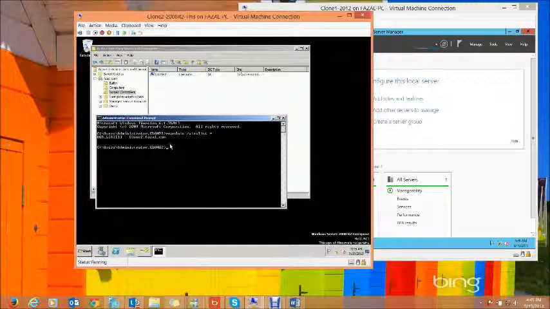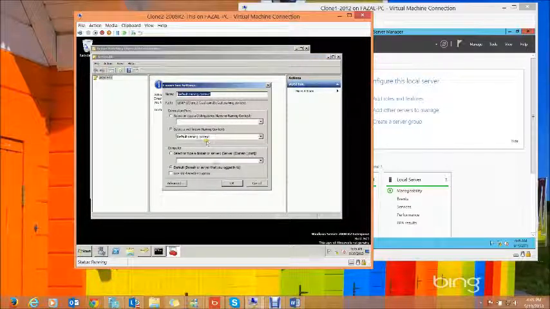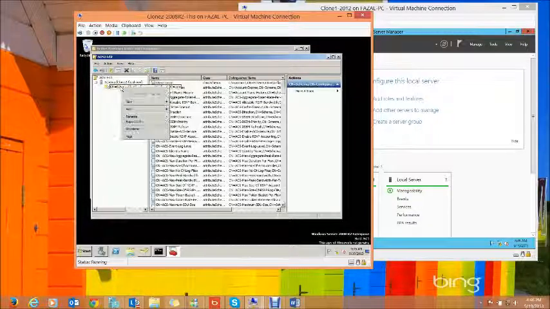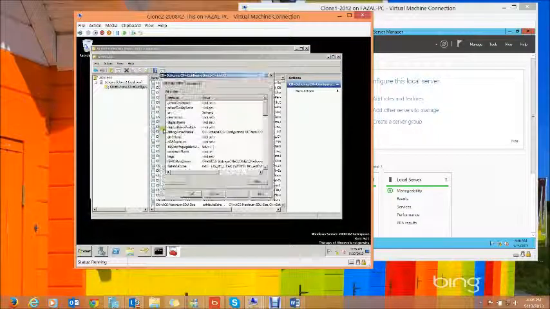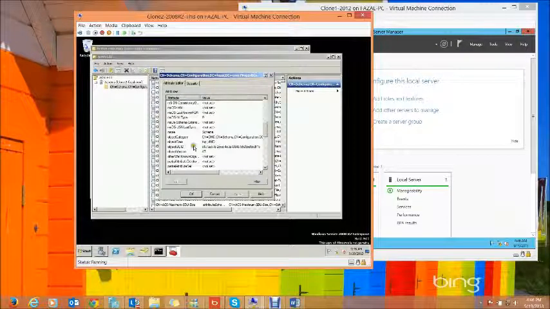Now, before doing that, we will go into ADSI Edit, connect to the schema partition, and if we come over here and go into the properties, there is a flag which is called objectVersion.